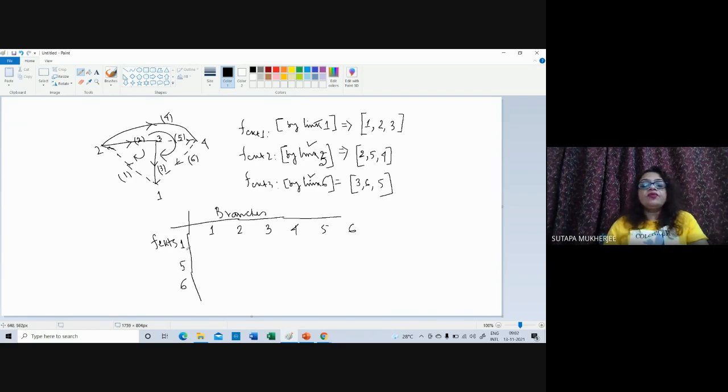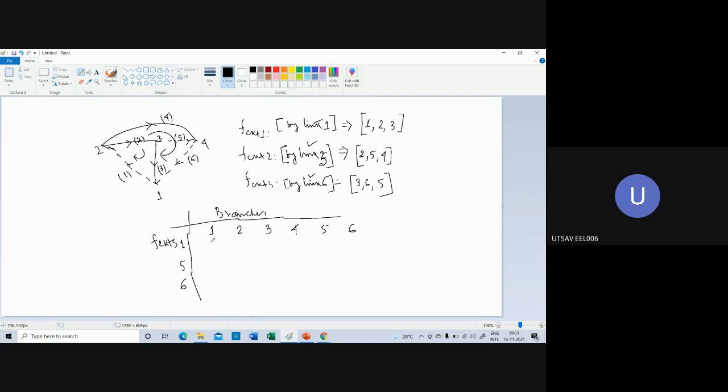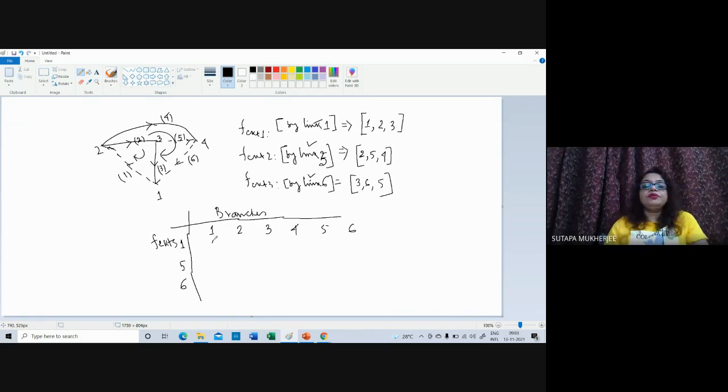So with link 1, which branches are associated? At that point, I have to put 1. 1 will be positive or negative, I will explain it later on. First of all, put with fundamental circuit 1 the branches associated, already written over there. Which branches are associated? 1, 2, and 3. So you have to put 1, 1, 1 at the position of 1, 2, 3, and the rest will be 0. Now the question is whether the sign will be plus or minus.